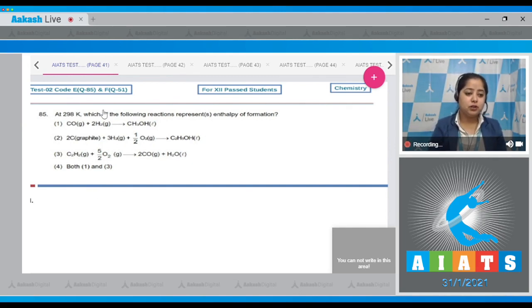Among the given options, option number 2, that is reaction number 2, that is 2 carbon graphite plus 3 H2 gaseous plus half O2 gaseous gives C2H5OH liquid, represents enthalpy of formation of ethanol. Here we have taken carbon graphite, and graphite is thermodynamically the most stable state of carbon. So this reaction represents enthalpy of formation of ethanol. So the correct answer is option number 2. Moving to the next question,